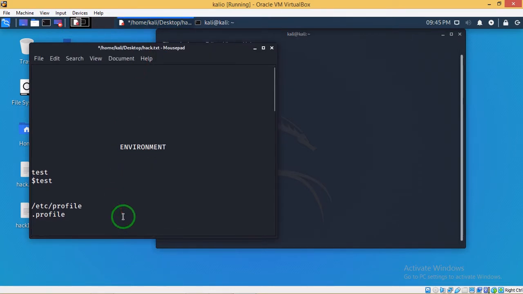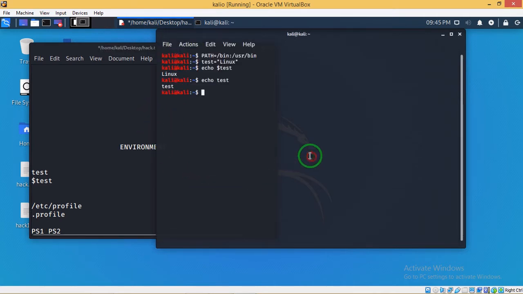The one variable is PS1 and PS2. These are the two variables used for that. PS1 is the primary, and PS2 is the default second variable you can use. I will show you how to use this.